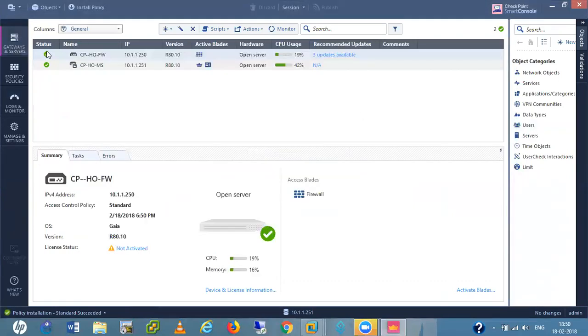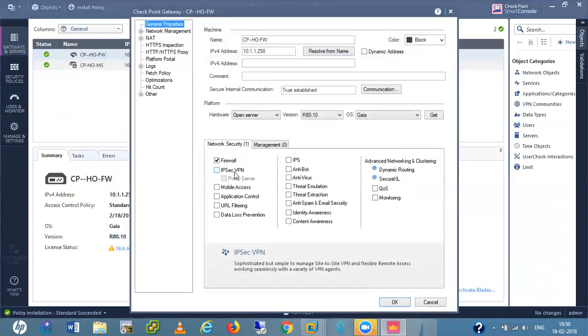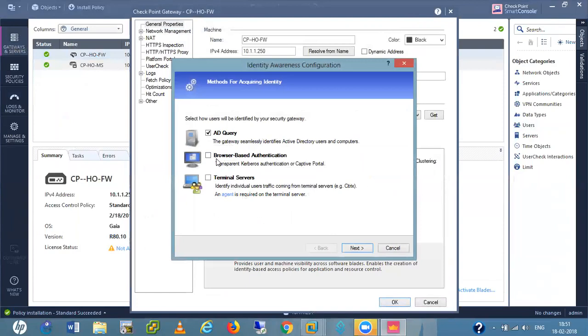Now I am going to my firewall here, and I enable the URL filtering, application control, and identity awareness blades. I'll also show you a little bit of URL filtering, that's why I'm enabling it.